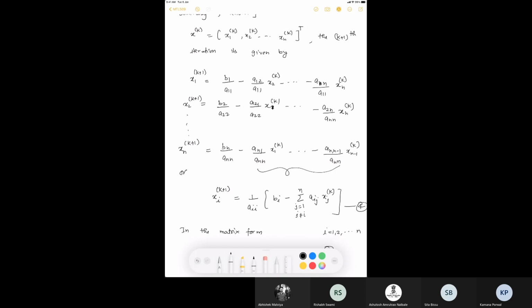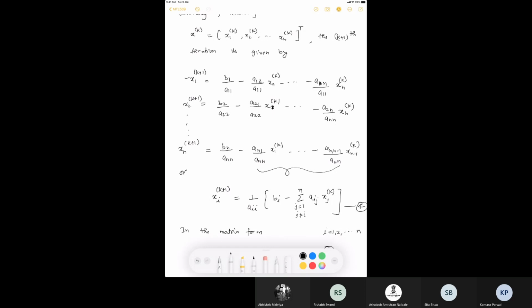So this is okay because I don't know anything else, I'm computing the first component, so I have to use the existing information, which is fine. But when I come to x2, the x2 of the k plus 1th iteration, this is also requiring x3 up to xn of the kth iteration,